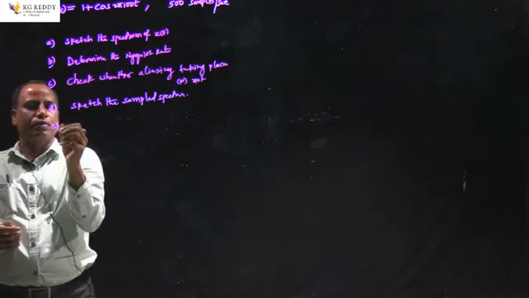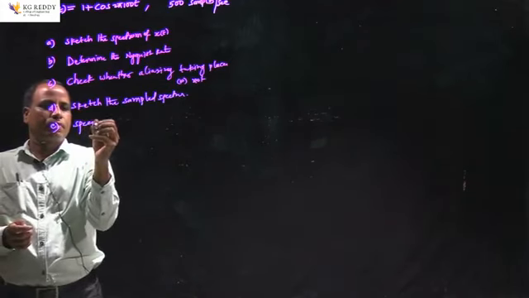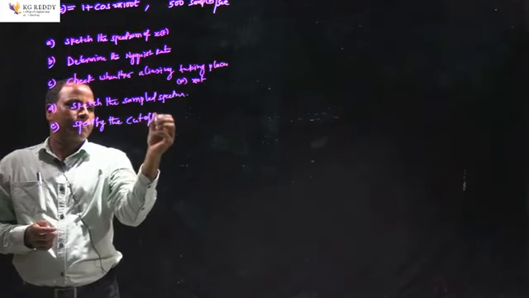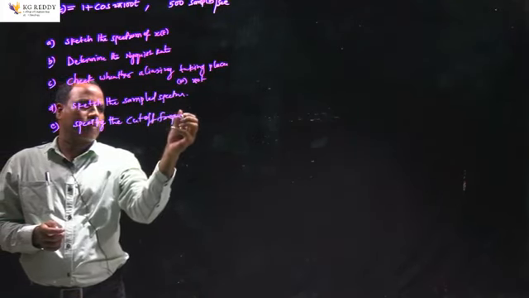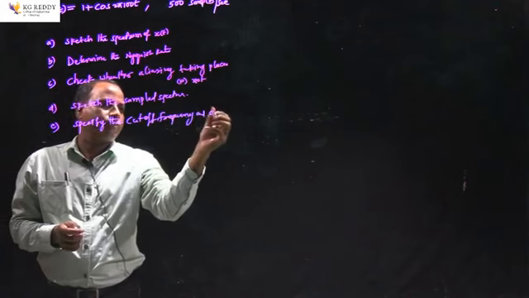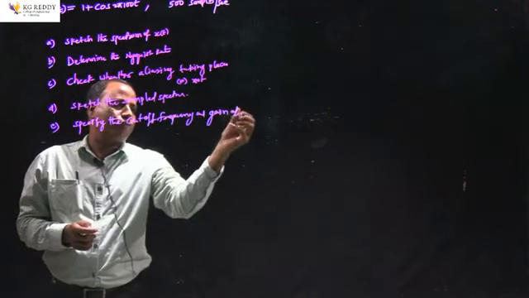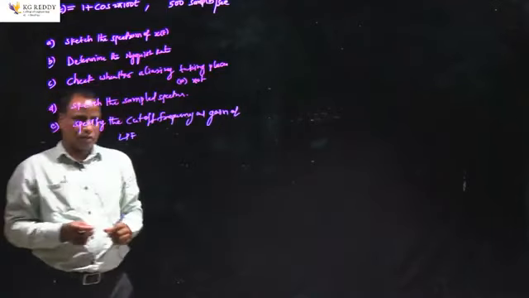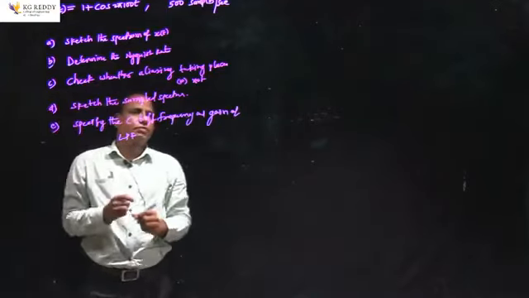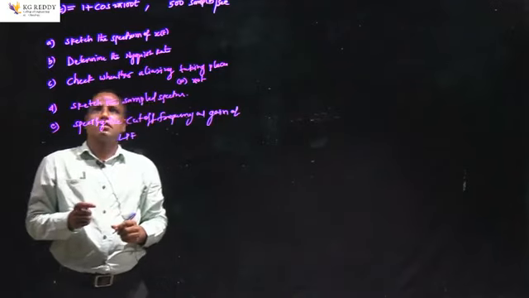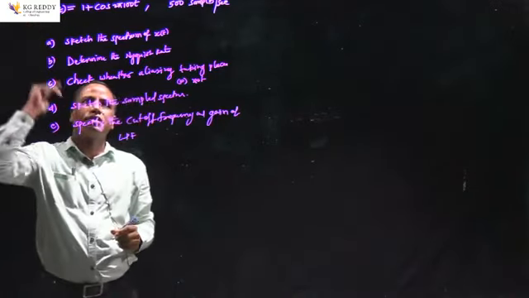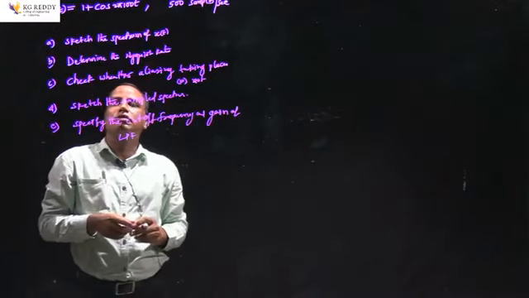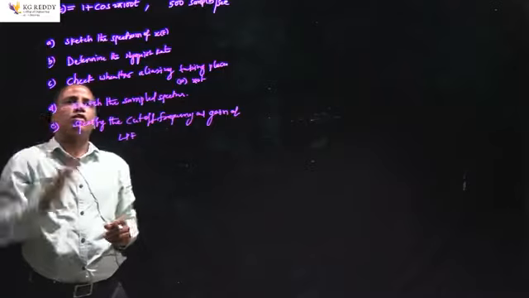Now E: specify the cutoff frequency and gain of the LPF, which is used to reconstruct the original signal. Now the solution for this: the continuous signal is given and the sampling rate is given, and let us try to understand how to sketch the spectrum of this x of t,